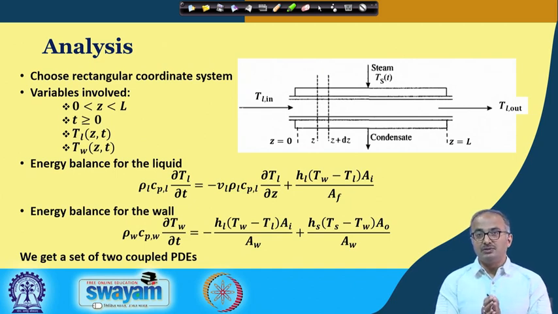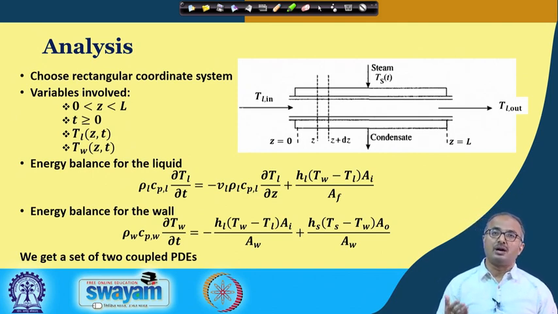Now, this is the situation when the boundary conditions are of type 1 or Dirichlet boundary condition. If you have a Neumann boundary condition, that means you do not know the outlet temperature, you may specify, say, the first derivative of the temperature with respect to the axial position to be 0, that means dT/dZ equal to 0.